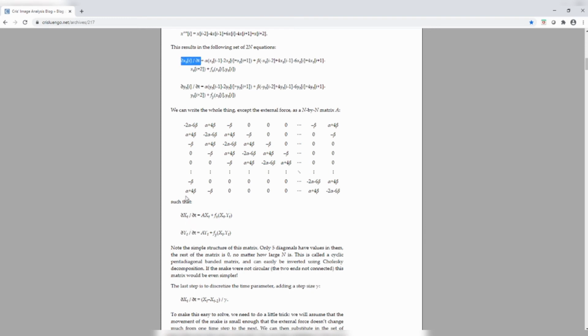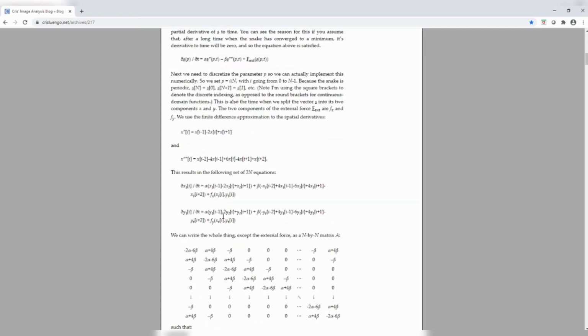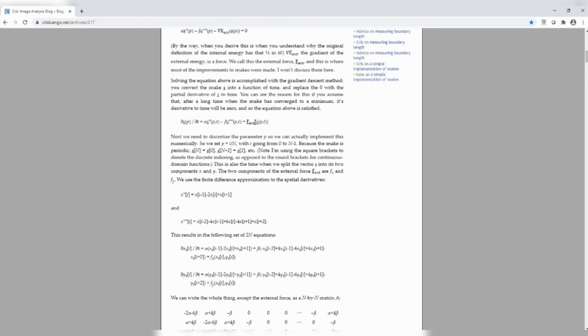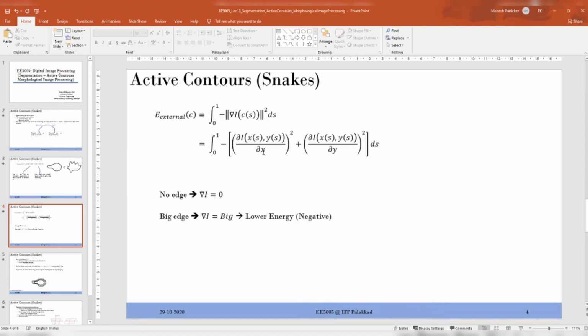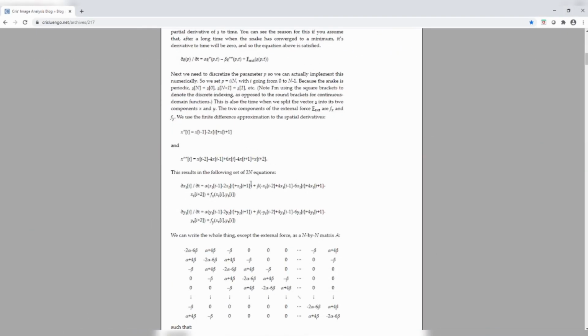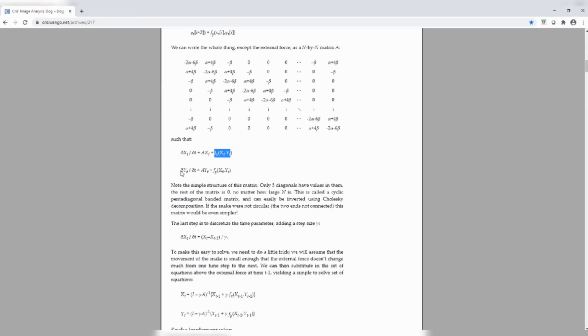So it forms a matrix, and then the linear algebraic way of representing this is, okay, so this is now a matrix formula. So that's why I use the capital letter here, or in fact they use the capital letter here, and then A is this beautiful matrix representation. And then this particular term, don't forget, this is only the internal energy, and we have an external energy term. Okay, external energy term is here. Okay, don't forget that intensity expression, this particular expression, don't forget that. Okay, so that's what you have. Okay, so this is for the x part, this is for the y part.